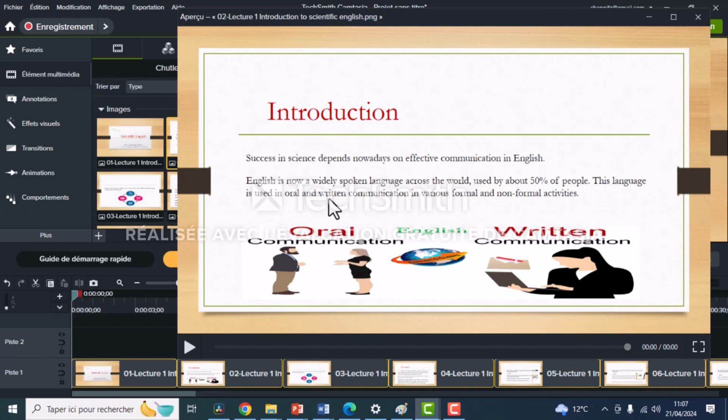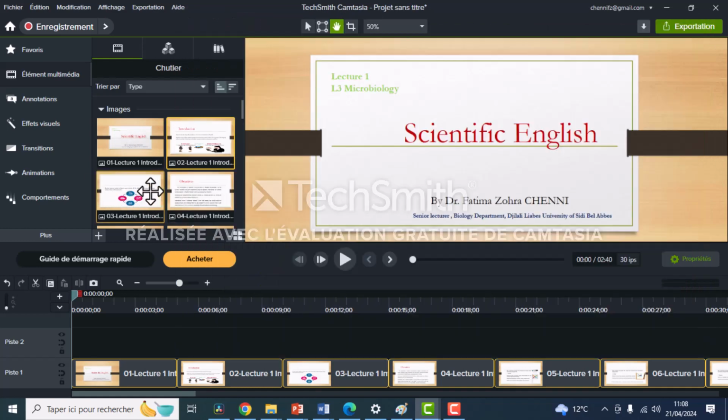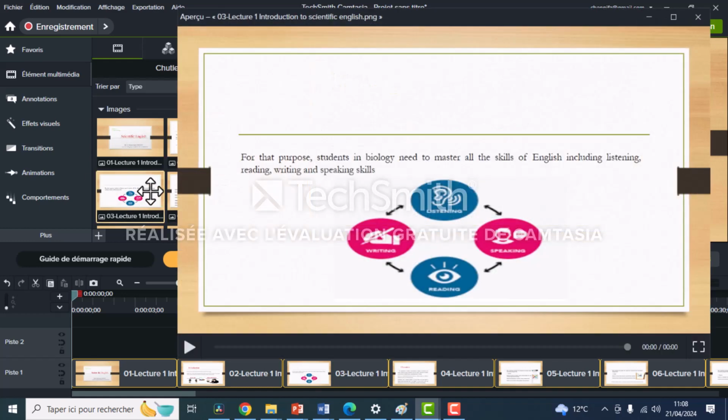For example, in a formal situation, using English at university or school, and for the informal setting we have the example of using English in a social network like Facebook, TikTok and WhatsApp. So what's the purpose of this lecture? The purpose of using English is to master all the skills of English, including listening, reading,